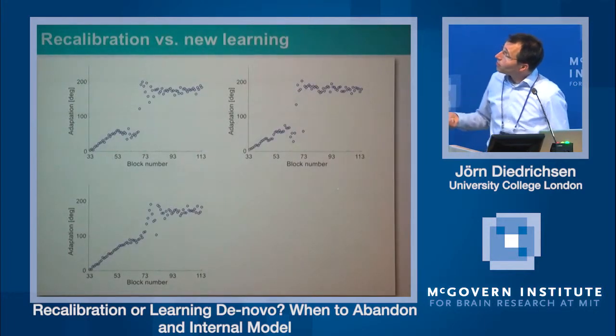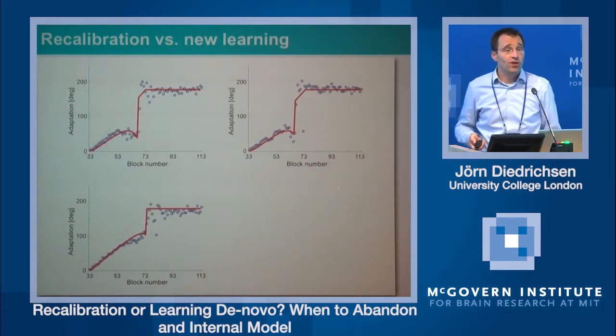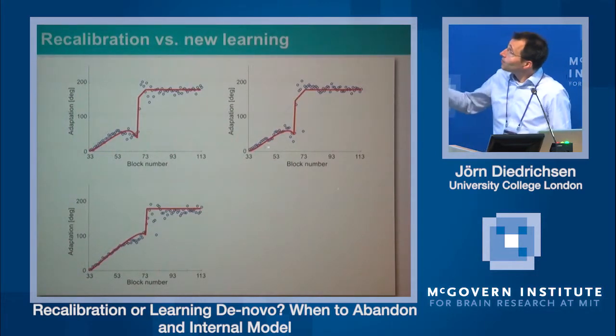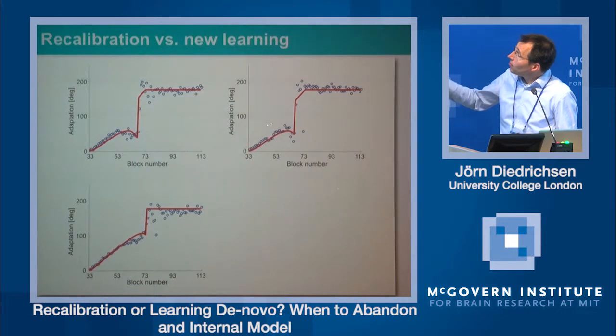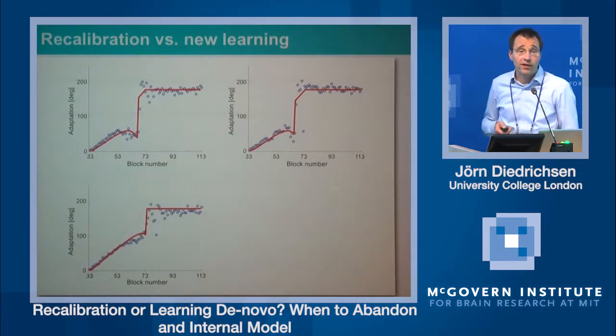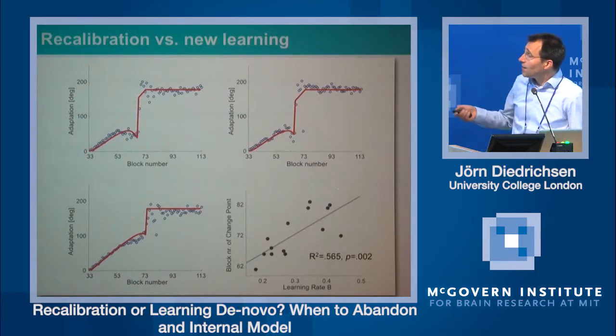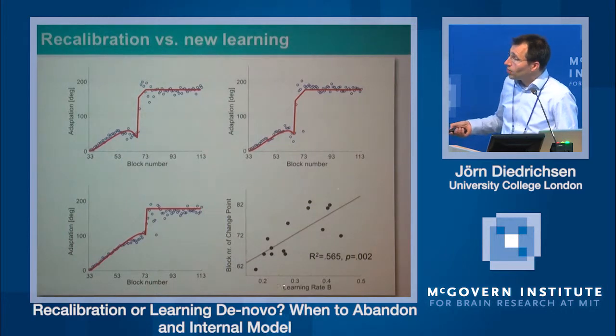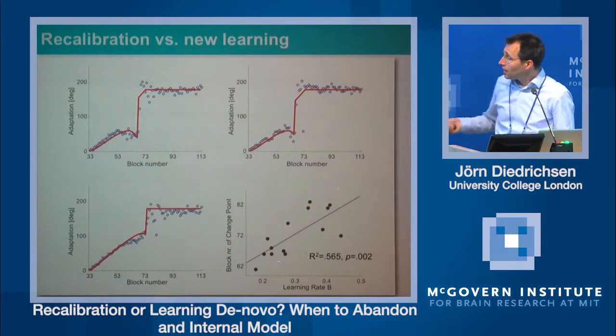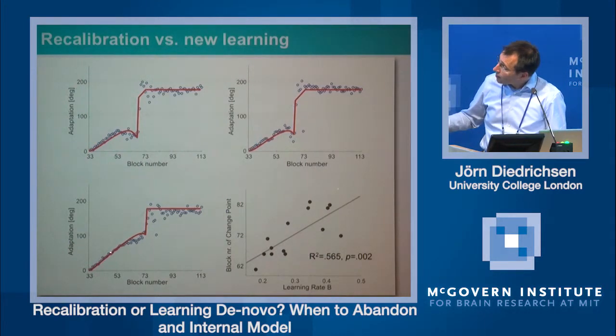Here are 3 subjects. We could model their switch point individually by fitting a state space model that models the initial adaptation and then also the switch point implicit as a model parameter. And then we can plot the learning rate, so how good they adapted and how early they switched against each other. And we found a very healthy positive correlation,